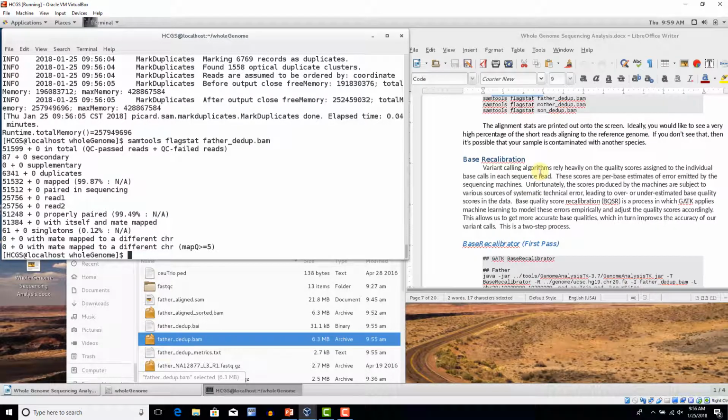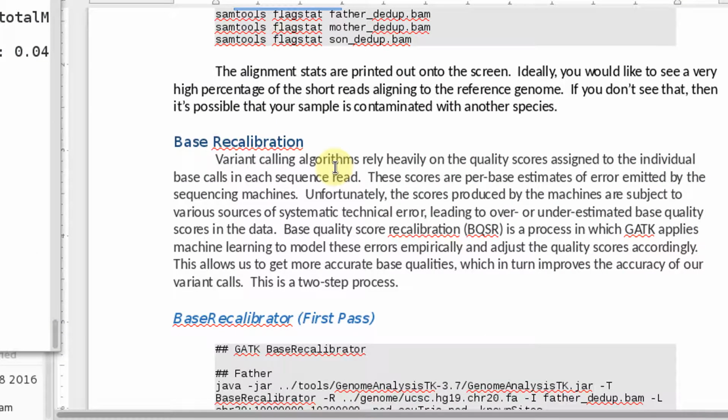All right, so now you have your alignments. BWA did the alignments. Picard sorted and removed the duplicates. And so now we want to go back in and actually use GATK's tool set. And so base recalibration is